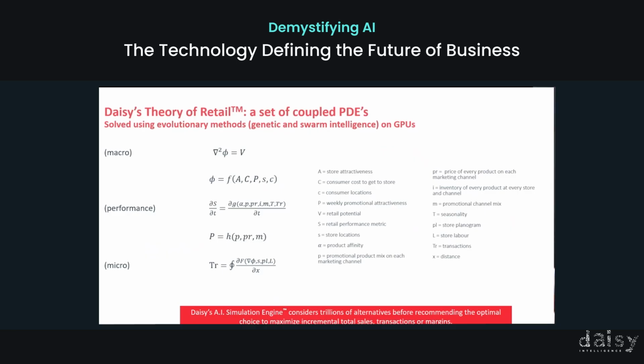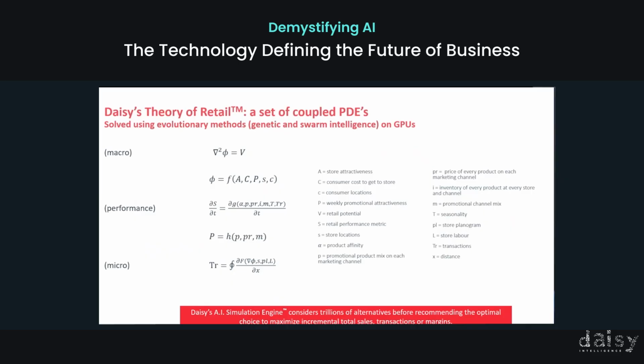Each customer has their own universe or their own laws of business that we can simulate, but the mathematics is fixed. And we found at Daisy that this mathematics and science is consistent from customer to customer. The only thing that varies would be those halo patterns, elasticity, seasonality, the product set, the competitor set, the geographic layout of where your stores are versus your customers or your competitors, and how your stores are laid out. Those are what's different about your business compared to the competitors. And so that's Daisy's brand of reinforcement learning in a nutshell.